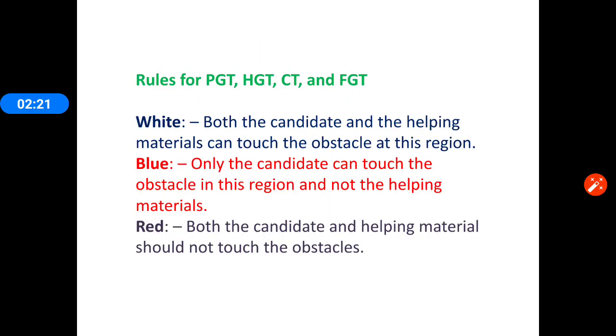Now I've shown you the obstacles in previous slides, and I told you that these are colored in various colors: white, red, and blue. So let us understand the color code. White means it is a free zone, so you can stand there and you can put any weight, you can tie a rope, you can use that as a support. Now the blue zone is only meant for candidates, they can only stand there, but you can't tie a load or put any support there. And the red zone is completely out of bound. So when they give you this helping material, you have to mostly use the white zone.